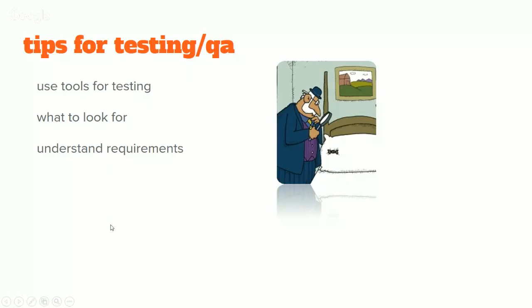But I think it's really important when you're doing testing, in the same way that you're looking for efficiencies and cheats for when you proofread, you want to do the same for testing and QA. So don't rely on your brain alone. Use things to help you out. For example,